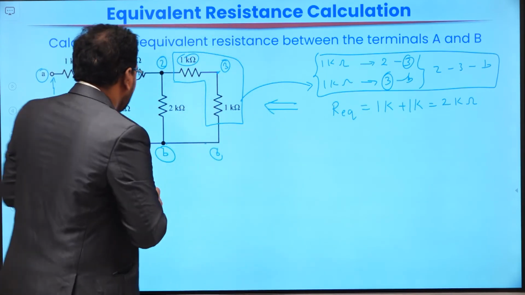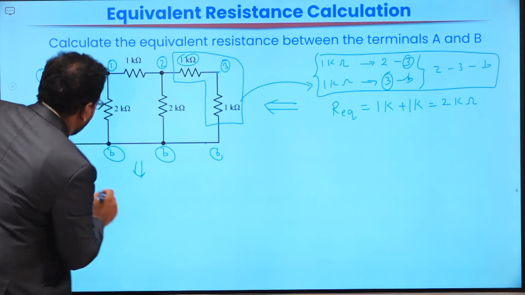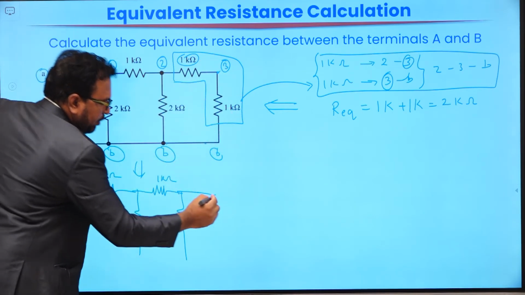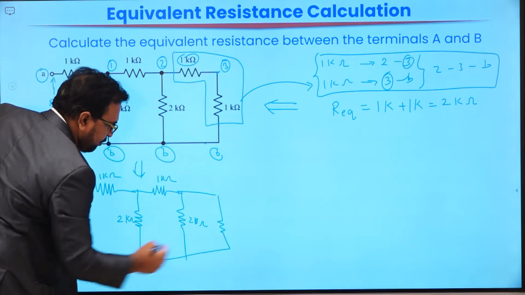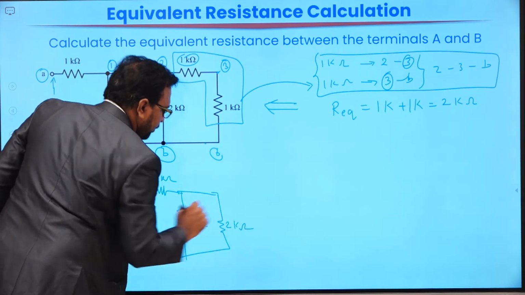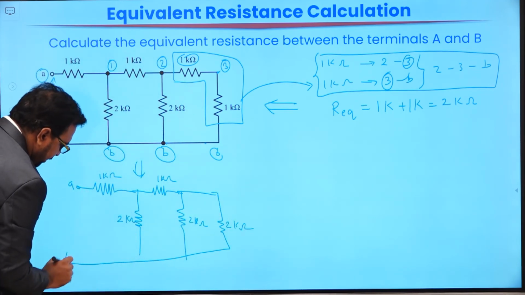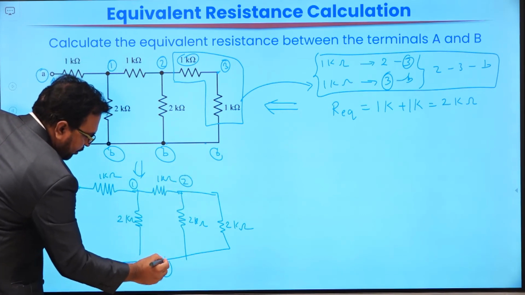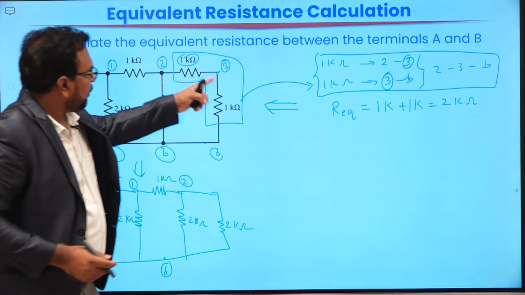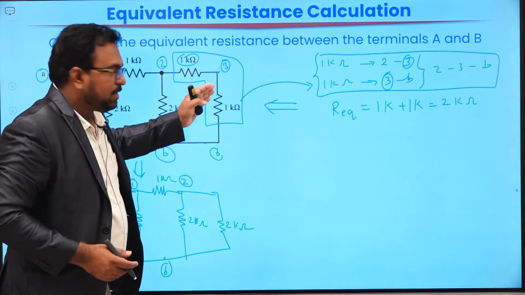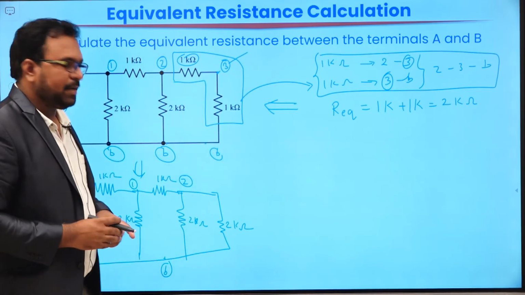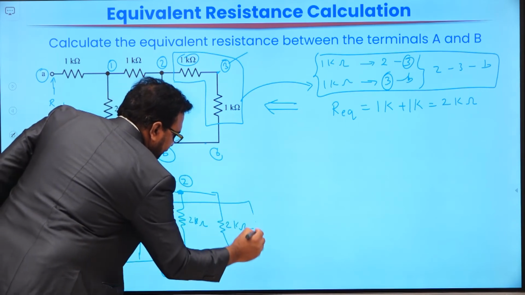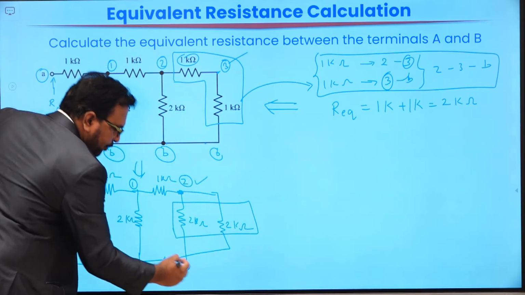2 kilo ohms. So the circuit becomes, so in between 2 and B we are having these two resistors. The two resistors can be replaced by an equivalent resistance of value 2 kilo ohms. Okay. Now the terminals remain. What are the terminals? A, B. This is node 1, node 2, and this is the common node B. So when you have removed two resistors that are connected in series, the node 3 is also going to be eliminated.